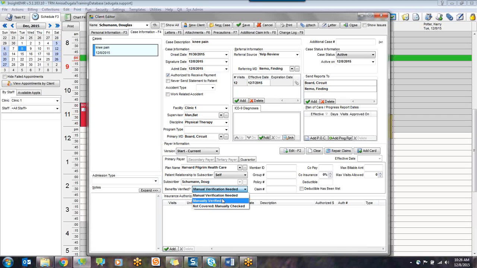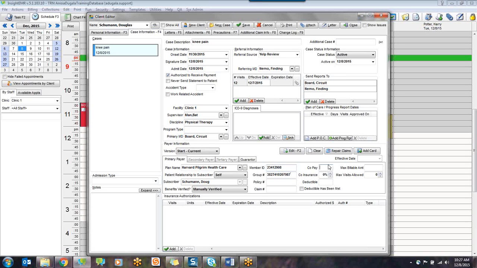You will, however, still need to call the payer to gather information on copays, coinsurance, and deductibles. But the e-verification will, at a minimum, allow you to at least confirm that the payer is associated with this patient. Then we'll actually pick up the phone and call the payer and gather this type of information,